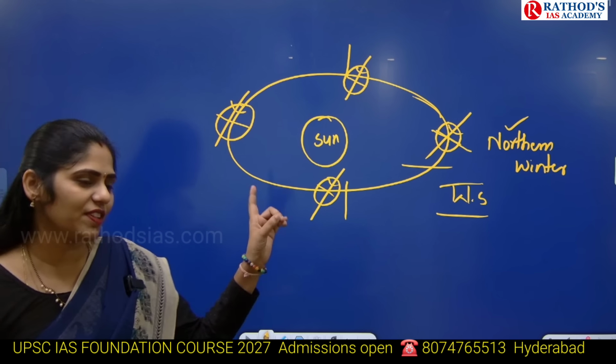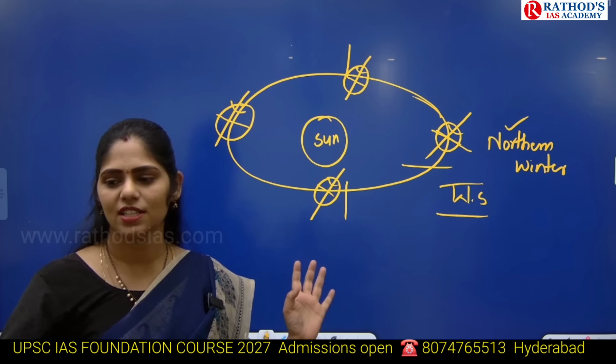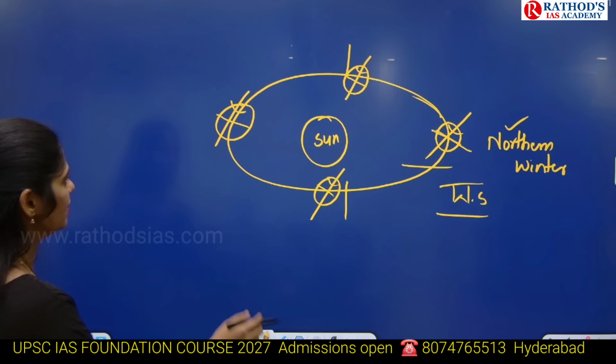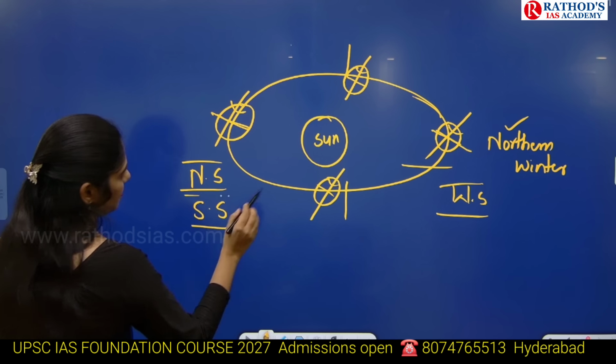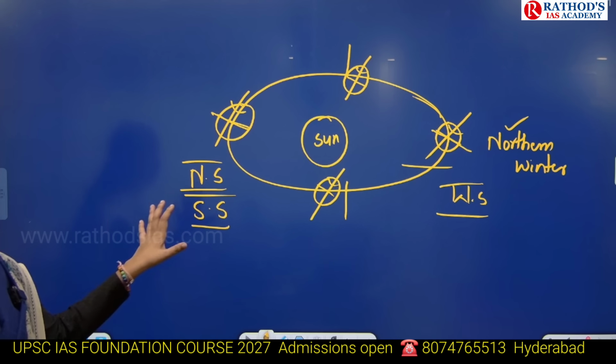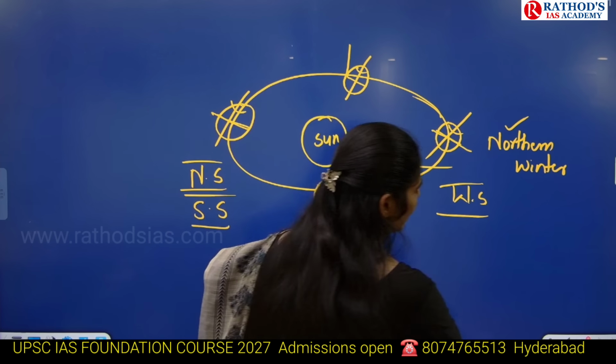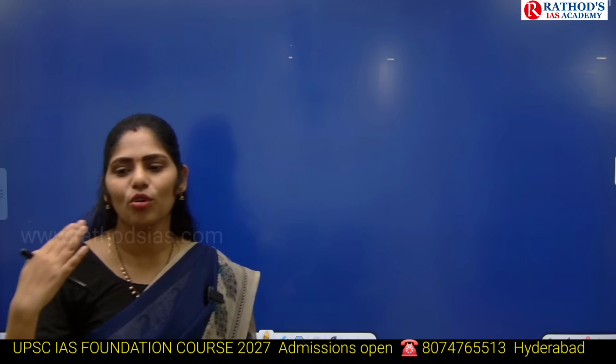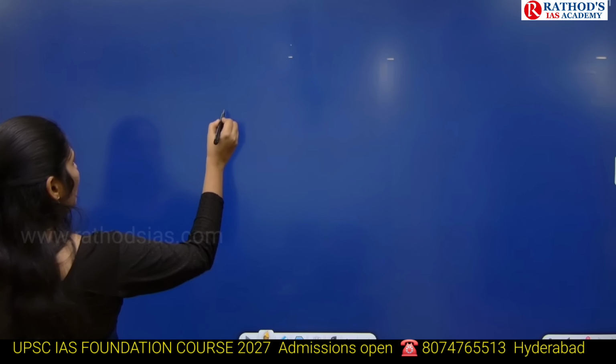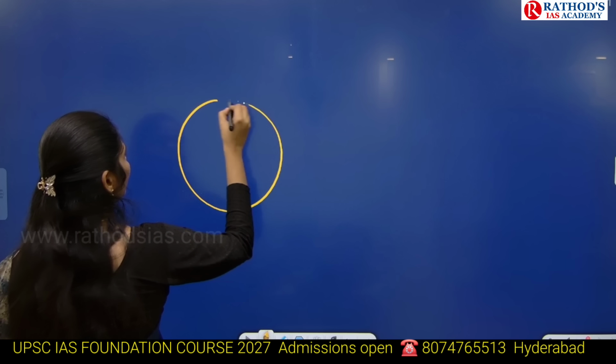If northern hemisphere is having summer, it is called as summer solstice. Here you can see northern hemisphere will be receiving more amount of sunlight compared to the southern hemisphere. This is called as northern summer or summer solstice. Okay, what happens during the summer solstice is northern hemisphere will be receiving more amount of heat compared to that of southern hemisphere. Okay, now let us draw